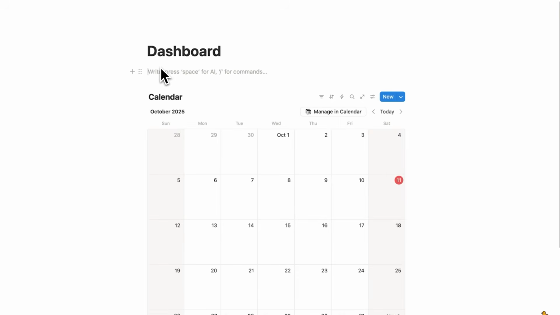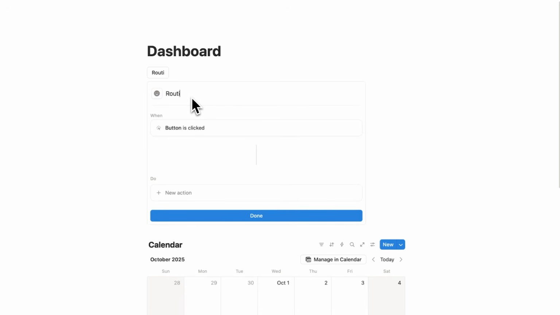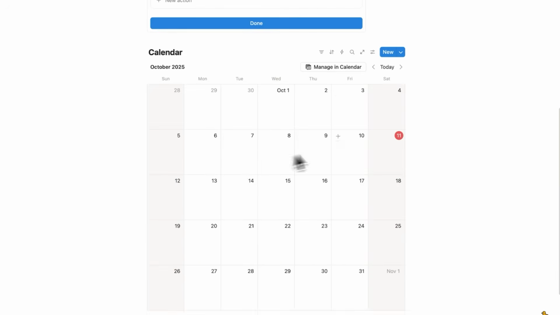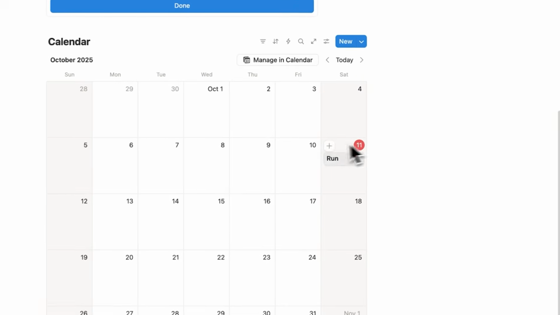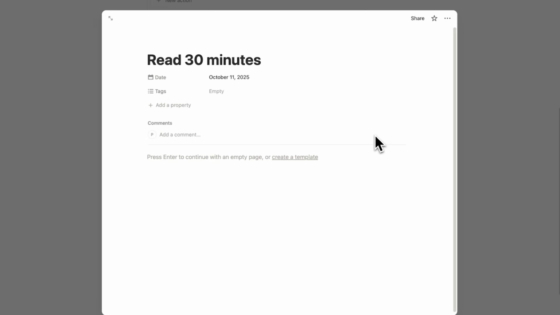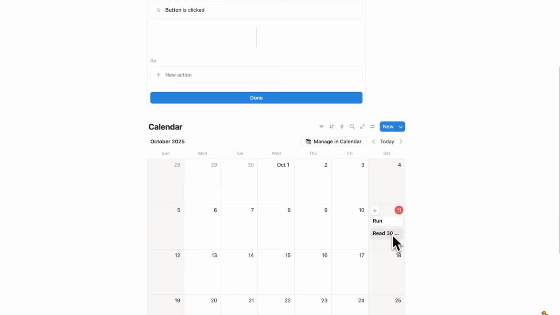So what I'll do here is / and write button. And here I'll click on button. So this here will be my routine. Now instead of creating them in here, what we'll do is create them in our calendar. So I'll click here on plus, and let's say you go for a run in the morning, that's one of them, and let's say that you read for 30 minutes, for example. I don't know who reads for 30 minutes in the morning, but let's say hypothetically that's part of your morning